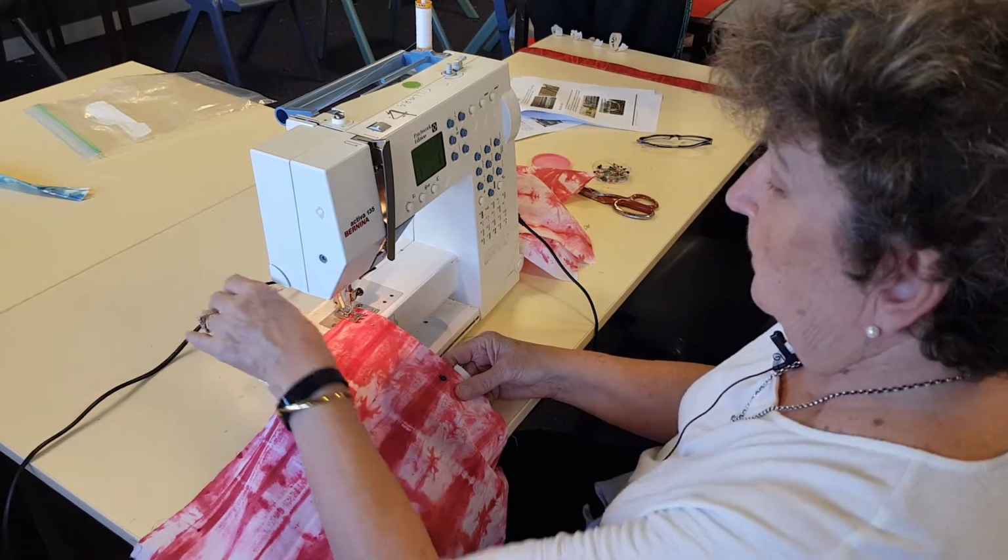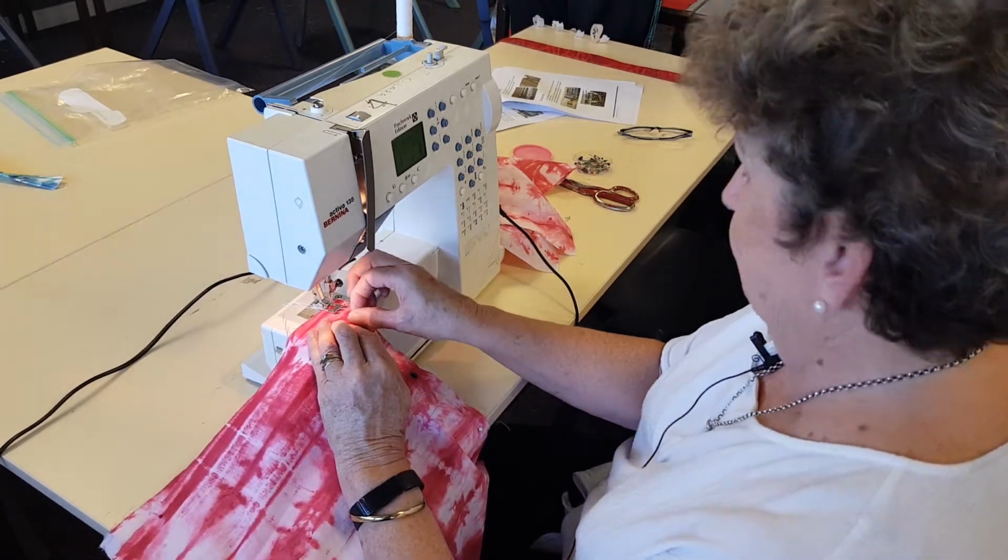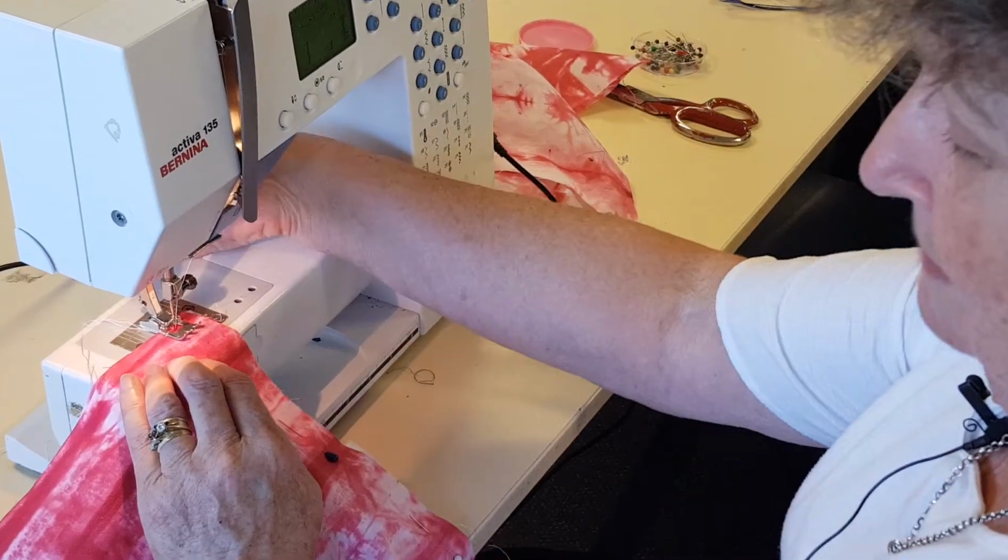Action? Yep. Right, to sew the lining and the bag outer together, you put it 1.5, put the pin in,